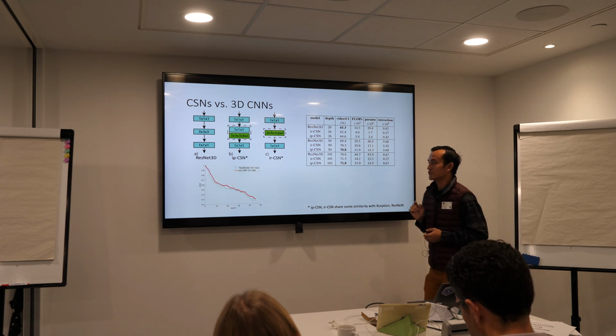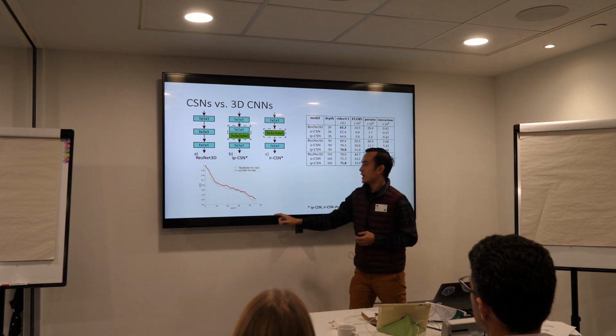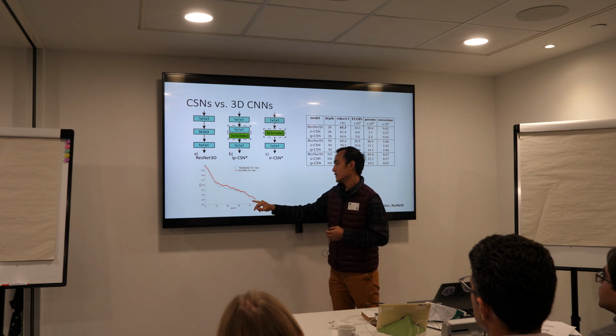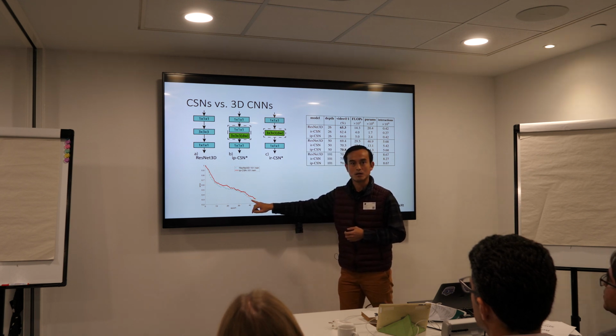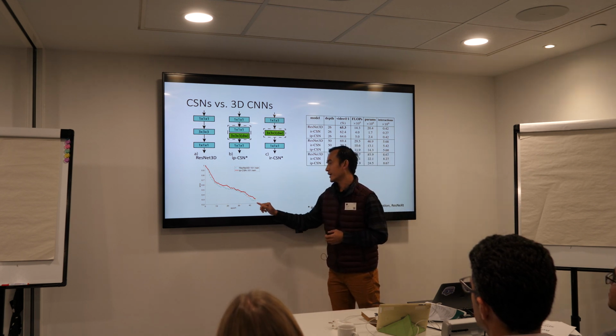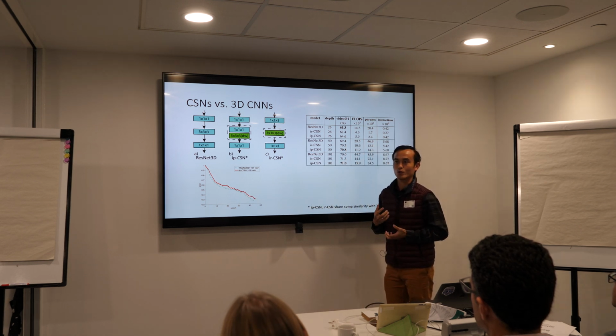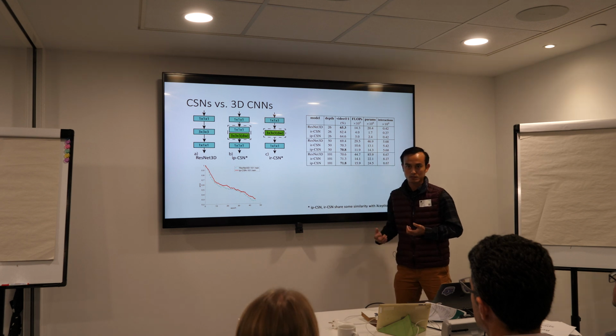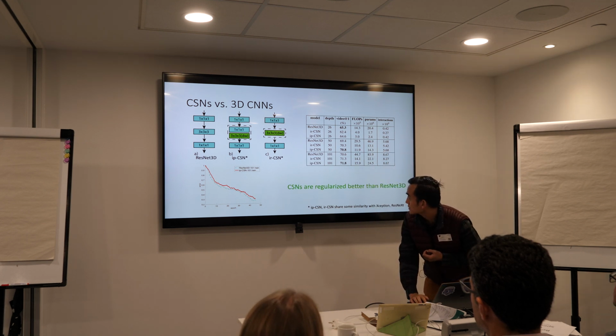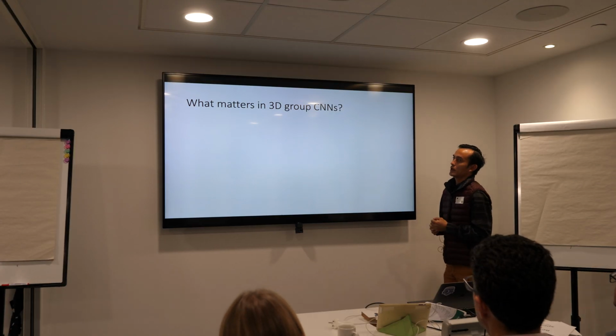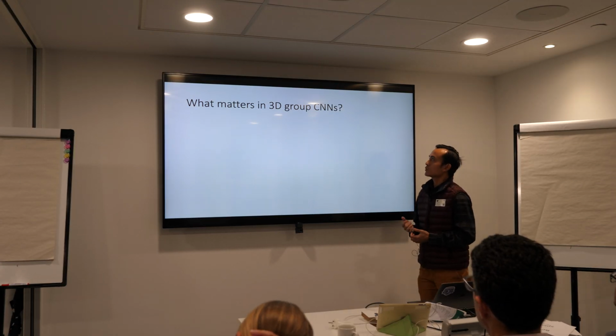So we plot the training curve of the ResNet baseline. We found that it actually had lower training error compared to the CSN. Basically, it indicated that the baseline overfits more. That means in the 3D normal convolution, we over-parameterize it a little bit. But in order to answer the next question, what matters in 3D group convolution, we do a little